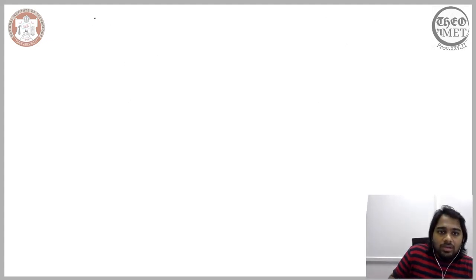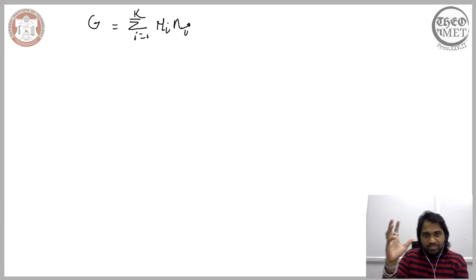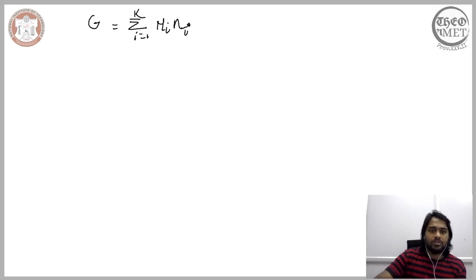So the Gibbs free energy is equal to the summation of the product of the chemical potential and the number of components that are present, or the number of moles of the components that are present in the system. So I hope you are able to understand how we arrive at this relation. One is extensive, the other is intensive. The only difference is that the extensive depends on the number of moles of components that are present. So now we have related the intensive to the number of moles of components, thereby giving us the extensive